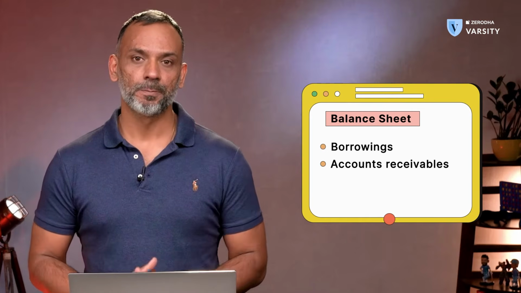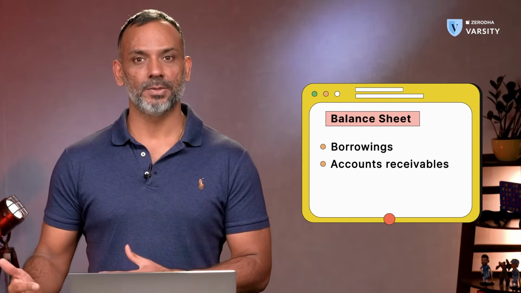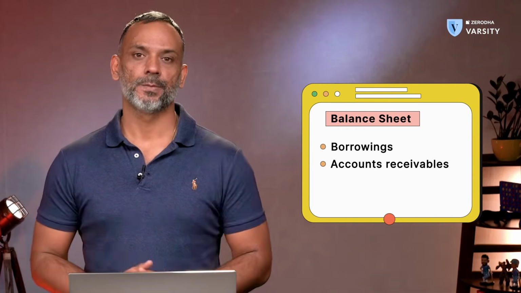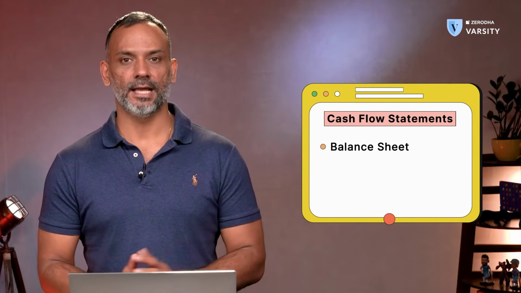Do pay attention to the accounts receivable. Ensure that it's not bloated, because you don't want the company to have much of its finances stuck in receivable side. Further, do pay attention to the cash the company has. It gives you a sense of how much access they have to capital in case the business situation turns, for example, COVID. As far as the cash flow is concerned, do pay attention to all the three line items. That's the cash flow from investing, operating, and financing activity.